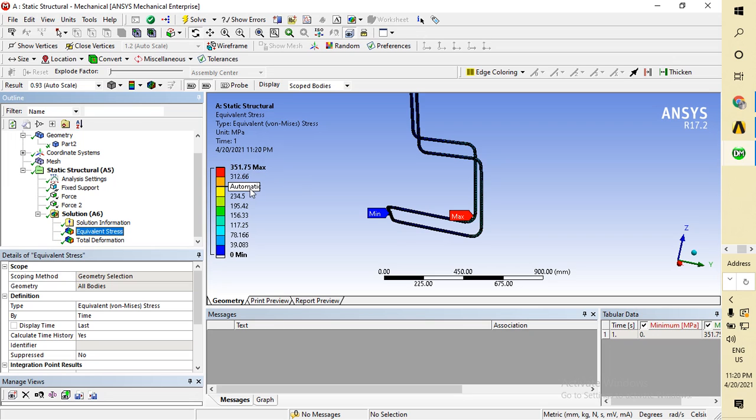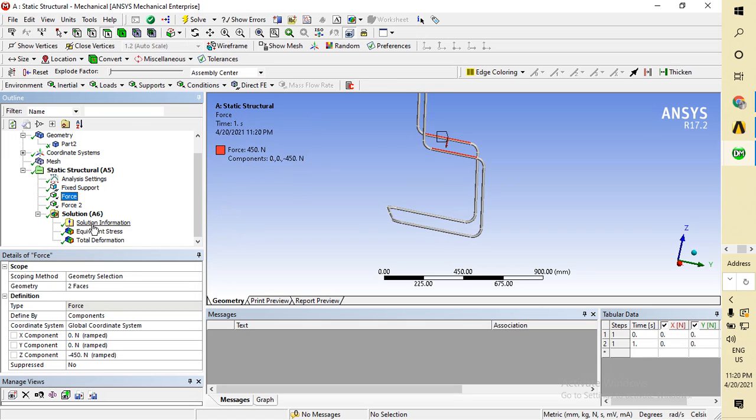Again it exceeded the value, so I have to go to here, and from here I'm going to give it 400 Newton and secondary force of 100 Newton.